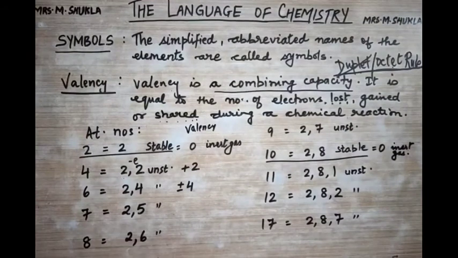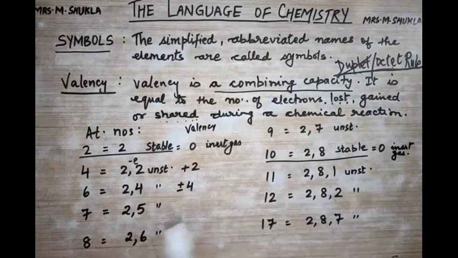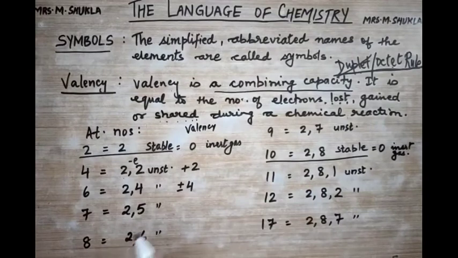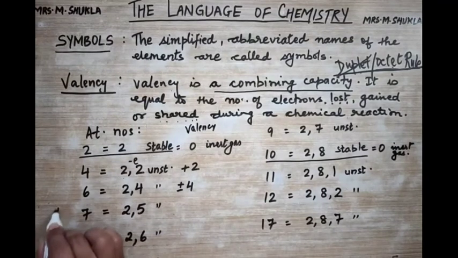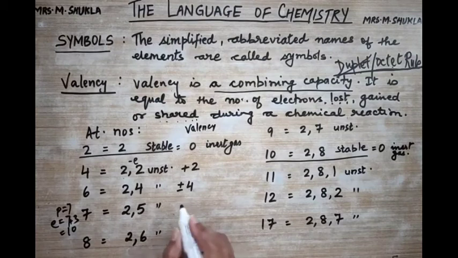Now let's come to 2, 5. That is atomic number 7. So to become stable, what it has to do? 5. That is 6, 7, 8. Either take 3 electrons or give away 5. What is easy? To take 3 electrons. Now let us check over here. Protons are 7. Electrons are 7. To become stable, it has to take 3 electrons. What is more? Electrons become more. Right? How many more? 3. So valency is 3.